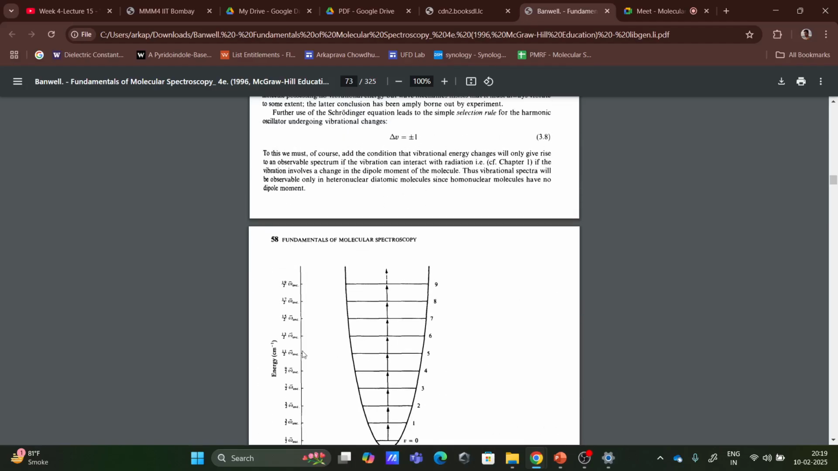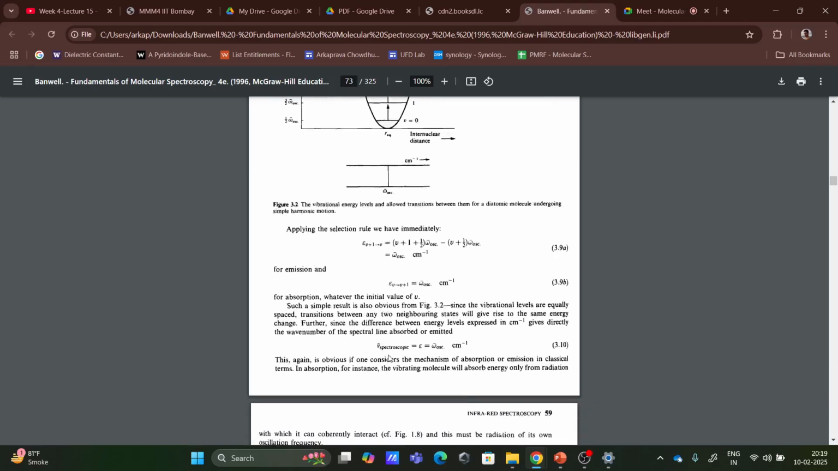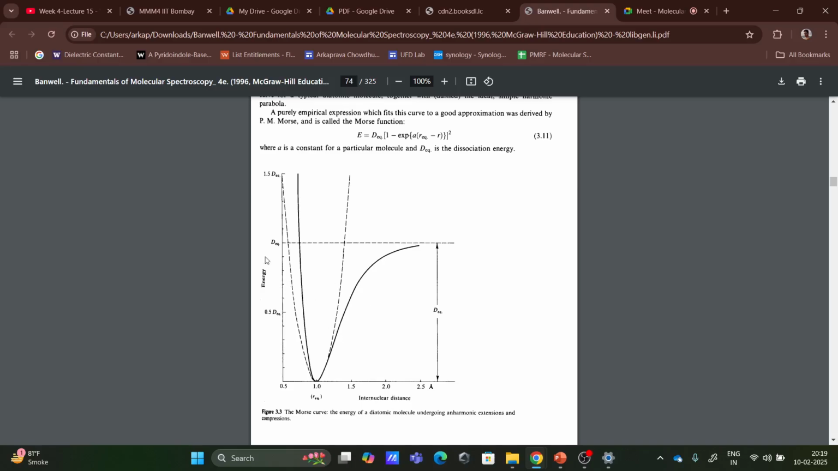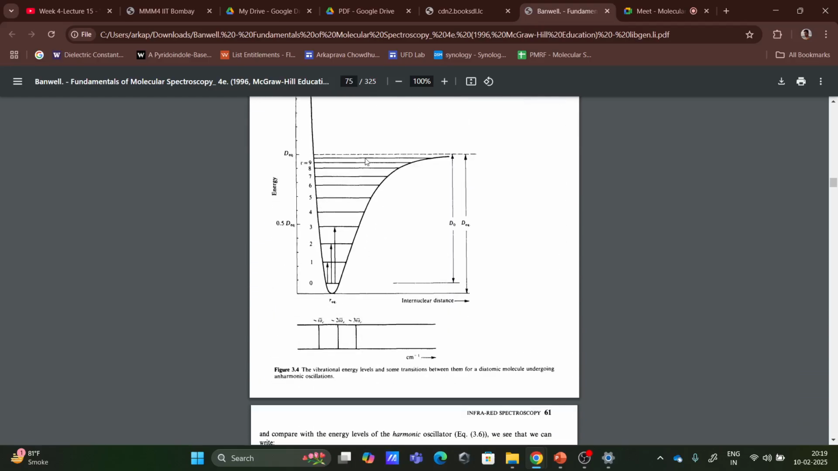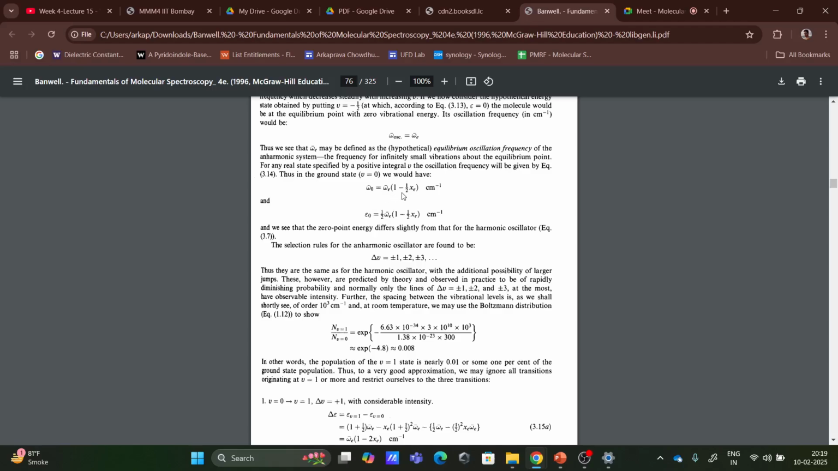And one more thing, during the SHO part, the energy gaps were equal, right? h nu. But when it went to anharmonicity, due to the anharmonicity constant, the higher we go, meaning the higher the value of v, the lesser was the gap, and ultimately it reached a continuum, and just after that energy the bond is going to dissociate, and then actually you are going to reach the